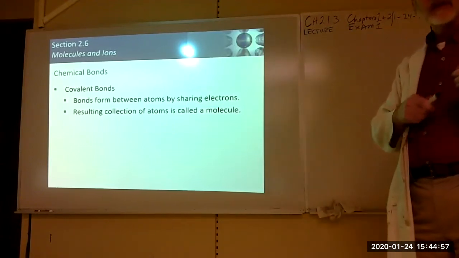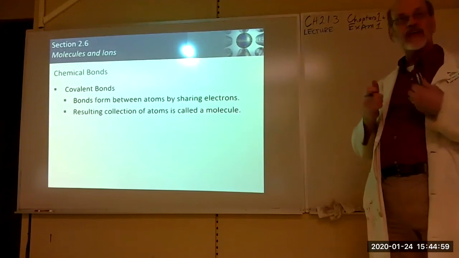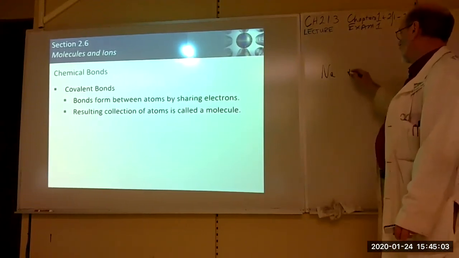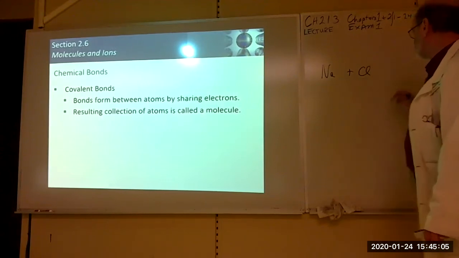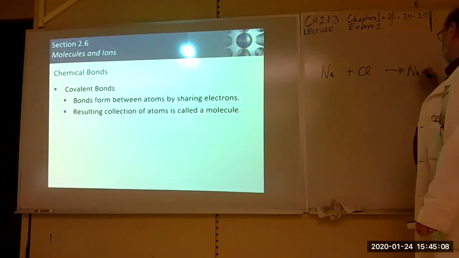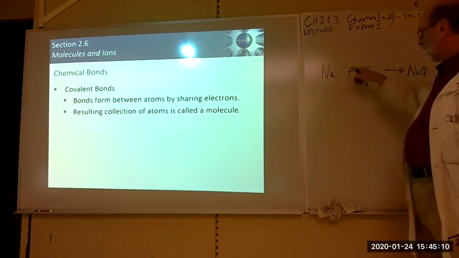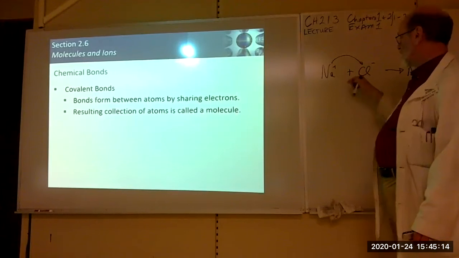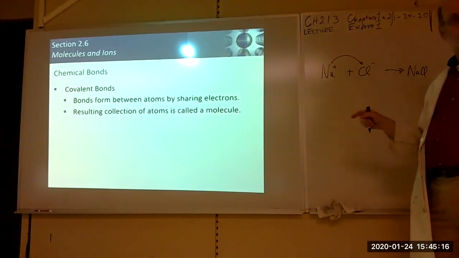When that happens, all you have holding them together is electrostatic charge. So if we have sodium and chlorine to make sodium chloride, an electron is transferred from here to here,